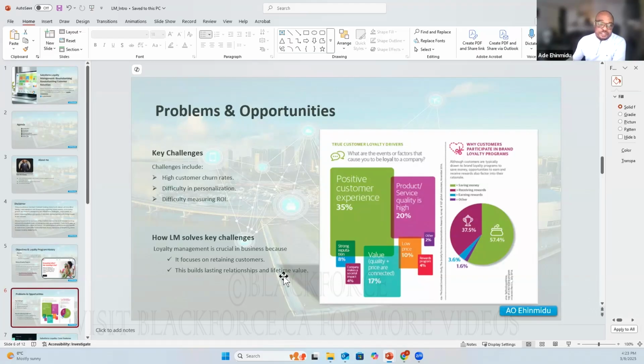So with all these difficulties, problems come opportunities. And this is where I believe that Salesforce has really leveraged their platform. With the pool of tech stack that they have, they are able to use the customer data, especially the one that they have in Data Cloud. They're able to leverage that to say, okay, we have these customers. We know what they want. We know where they go on holiday.